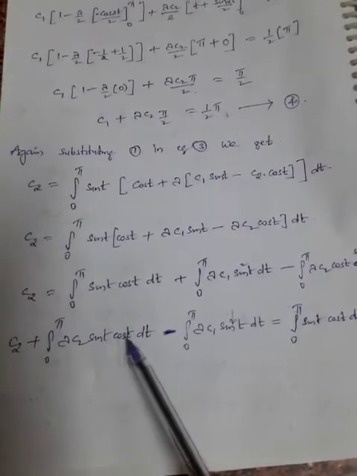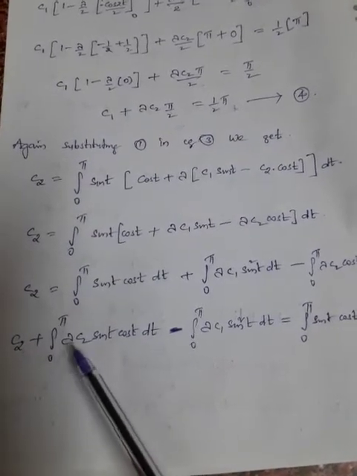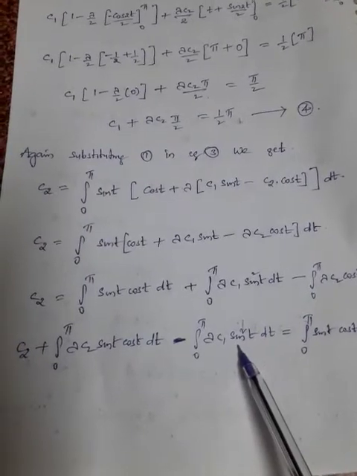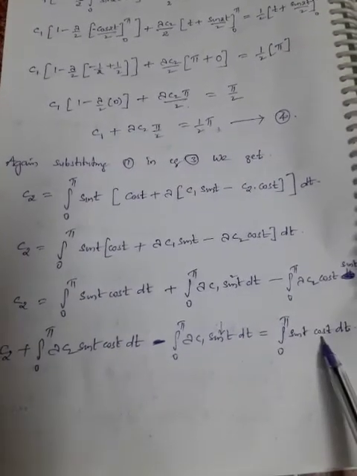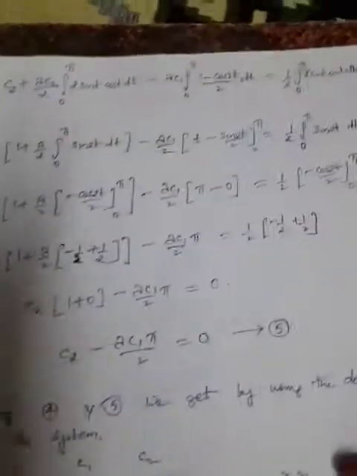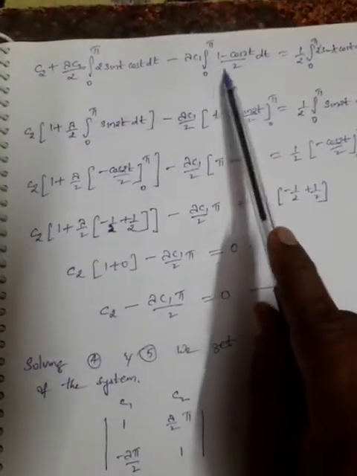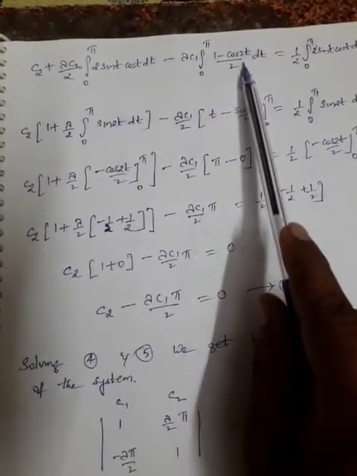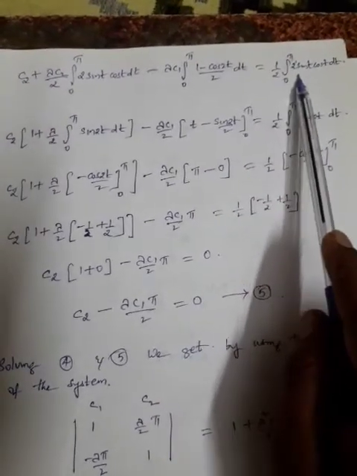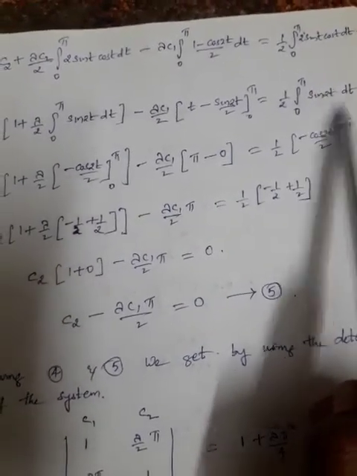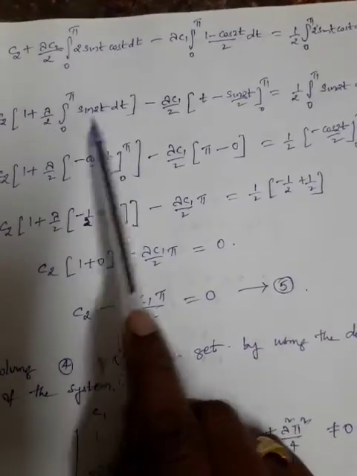Now this is sin t cos t, again what we have done in the previous. So lambda by 2, 2 into sin t cos t, and this is 1 minus cos 2t by 2, and this is sin 2t. So by applying the formula, you will be getting sin 2t, and you will be getting 1 minus cos 2t by 2, and you will be getting 2 sin t cos t dt. This 2 sin t cos t is sin 2t dt. This is 1 plus lambda by 2 sin 2t.